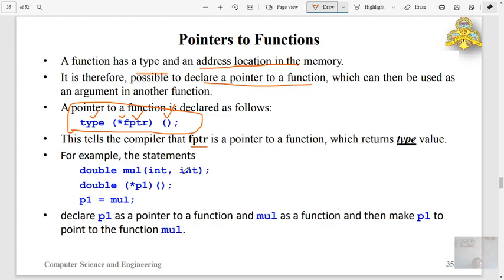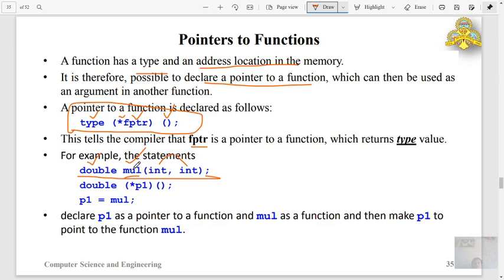For example, MUL stands for multiplication. For short form I used MUL as a function name. It returns double type and takes two integer arguments. It's a normal prototype of the function.